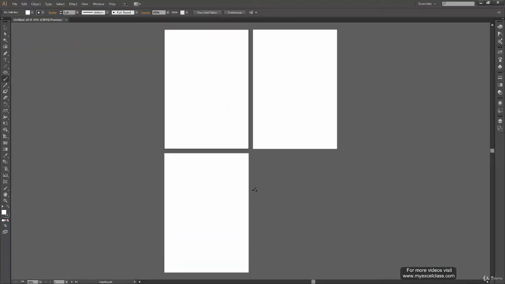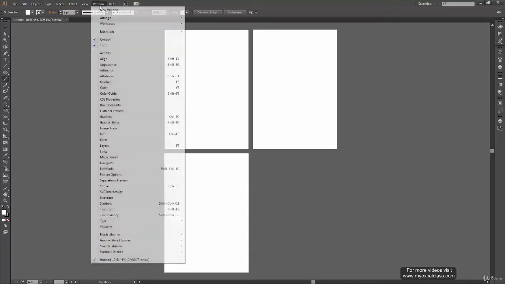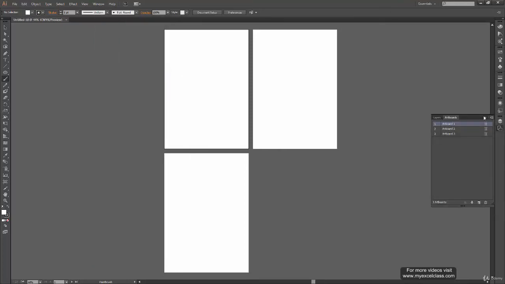Now to bring up the artboard panel, you can click on window, and here you will find artboards. There is no shortcut key for it, so you have to open it from the menu bar only. So let's click on artboards, and it opened my artboard panel. If you have your artboard panel docked already in the panel bar, you can just click on this icon, which is like 2 rectangles, one vertical and one horizontal, or you can say portrait and landscape mode, and click on this icon, so it will open the artboard panel.